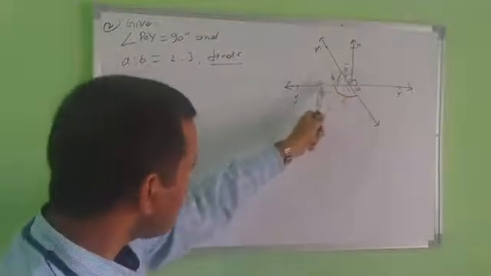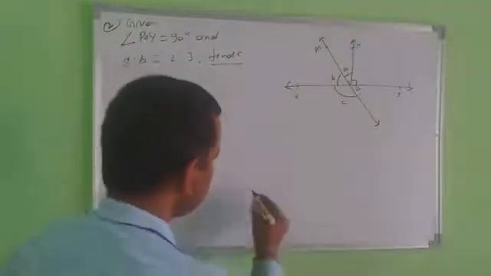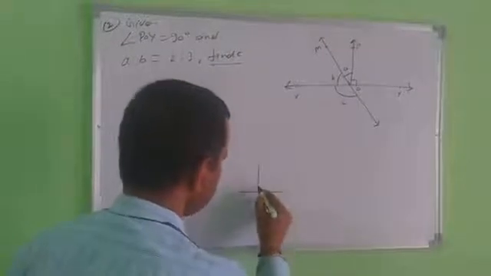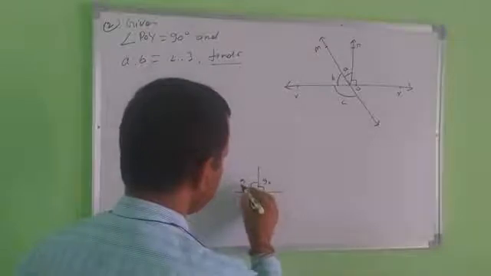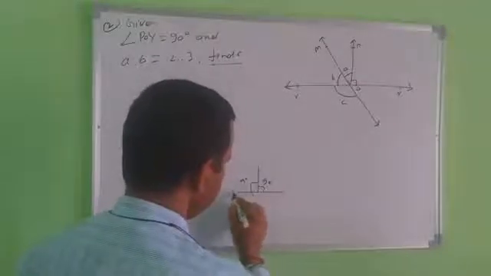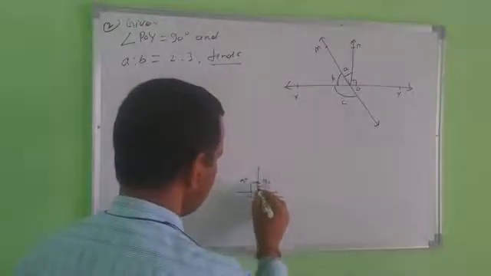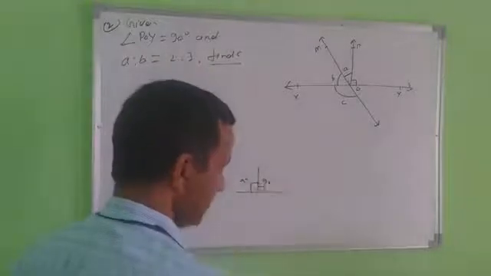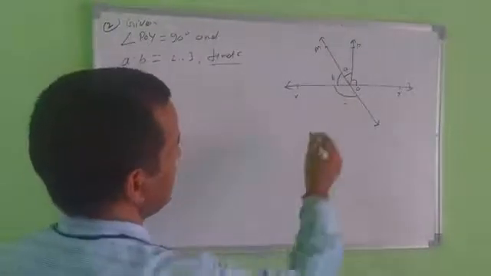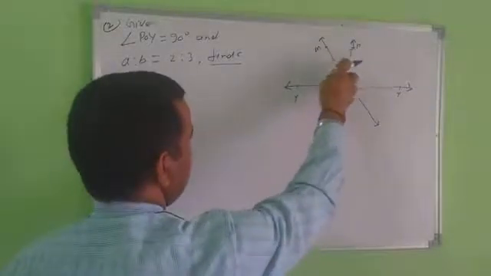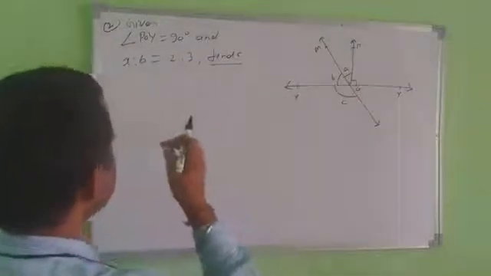On this side the angle is also 90 degrees, because suppose here is one straight line and on this the angle is 90, this also is 90 degrees. Both angles will be 90 because this is the perpendicular and this is the base line. The perpendicular is on this, so this is 90, and this will also be 90 here. According to this rule, A plus B equals 90. The ratio of A to B is given here.